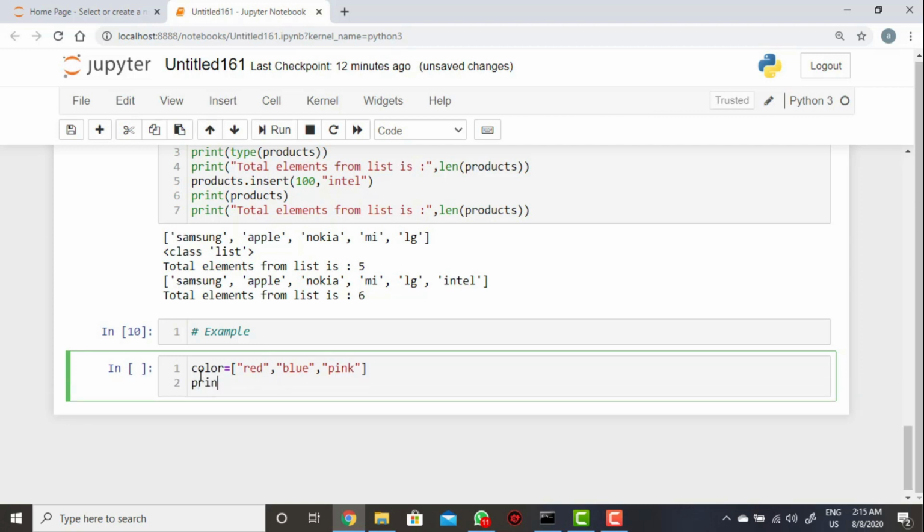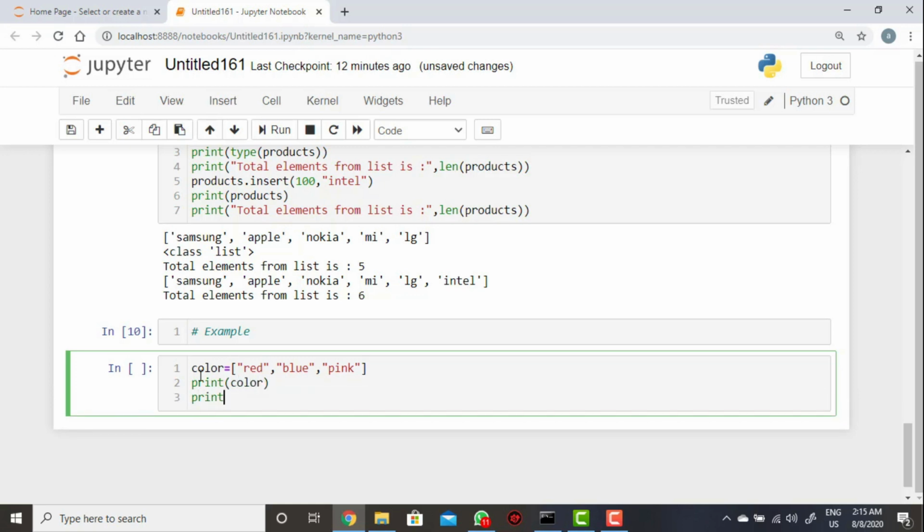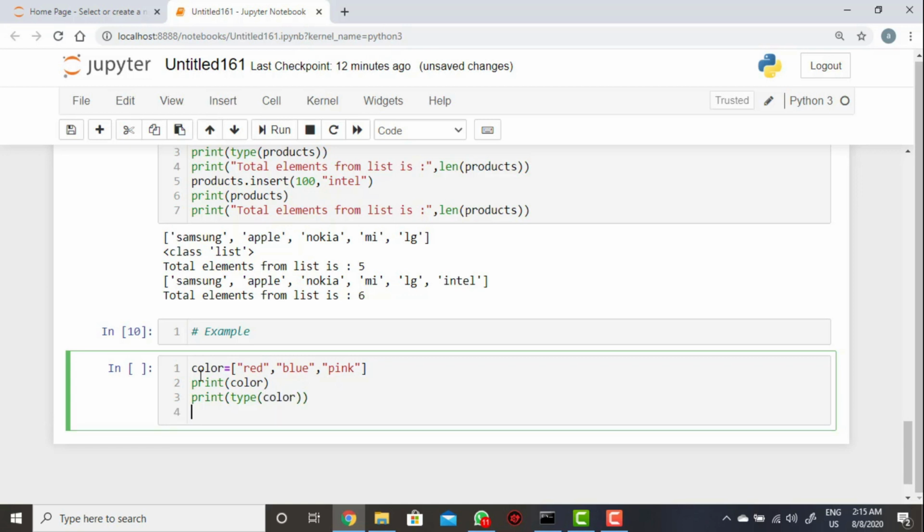I'm just taking print of color, then print of type of color, and then print of total elements, length of color.